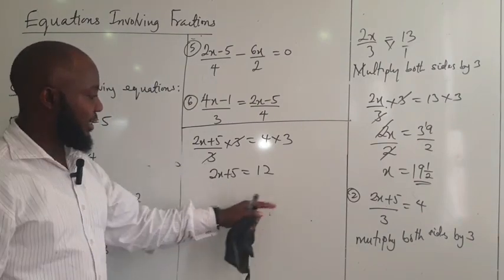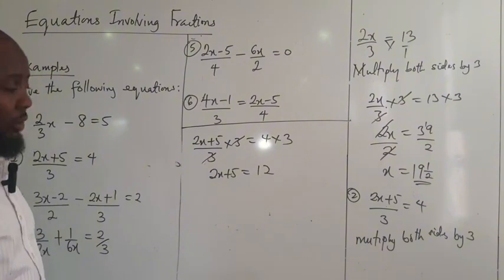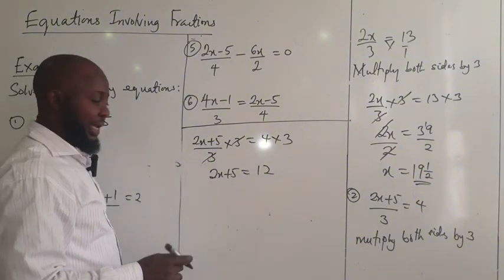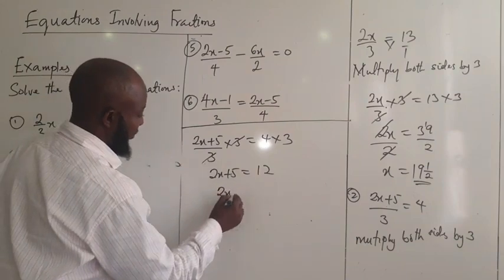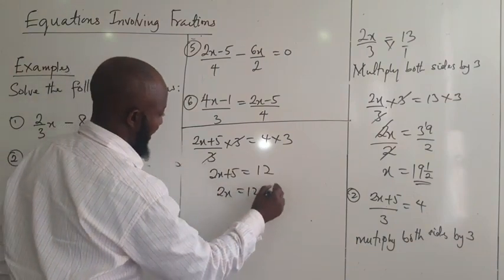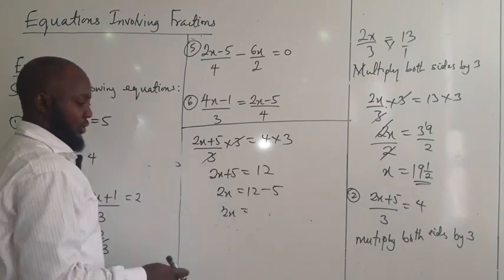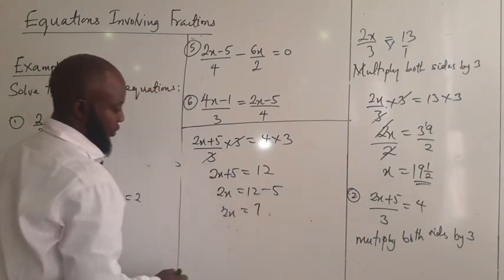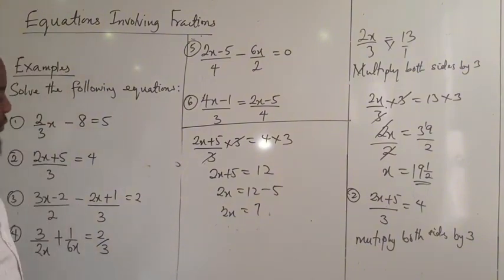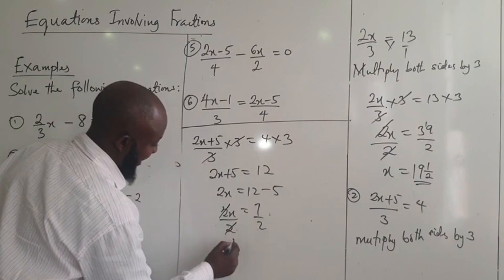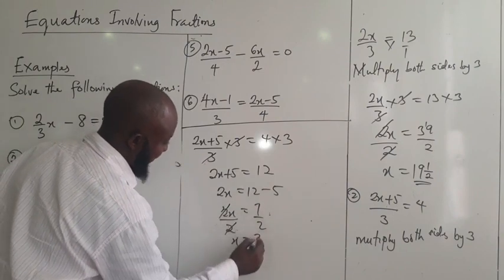So the next stage, we have done something similar to this before. So we just collect like that, or you subtract 5 from both sides. That means we have 2x equals to 12 minus 5. That is 2x equals to what? 12 minus 5 is 7. So it is 2 that x we're looking for. We divide both sides by 2. 2 cancels 2. Then x equals 7 over 2, which is 3